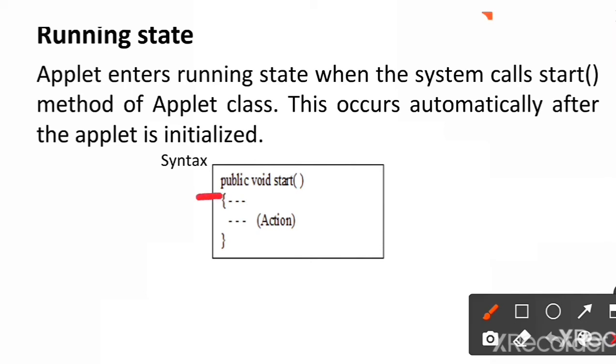So we begin with public and then void and then we write start. So you can override this start method to create a thread to control the applet. Okay. Next,